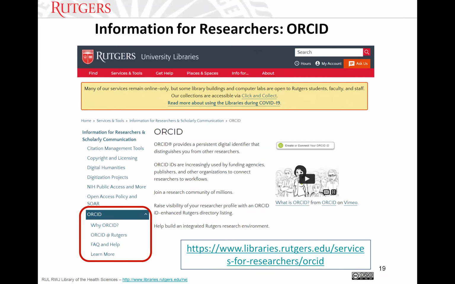Rutgers University Libraries have a website on ORCID ID and how to work with your ORCID. And Rutgers is one of the institution members in ORCID. So when you are an institutional member, you can connect ORCID with your institution's NetID. And to connect your NetID with ORCID, you can go to